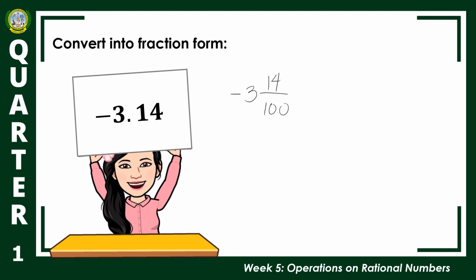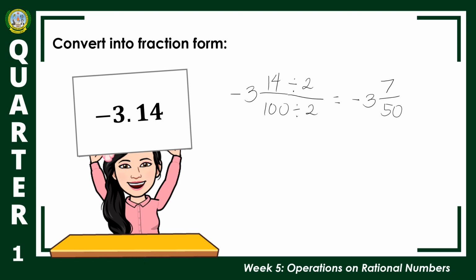And since 14 and 100 are both even numbers, meaning pwede pa natin tong i-reduce into lowest term at ang kanilang GCF ay 2. Ayan. Kasi all even numbers are divisible by 2. Tatandaan na. Okay, so ang magiging sagot natin, kopyahin nyo lang yung whole. Negative 3. 14 divided by 2 is 7. And 100 divided by 2 is 50. Nasabi na agad ang sagot. Ano? May pagganon. So, negative 3 and